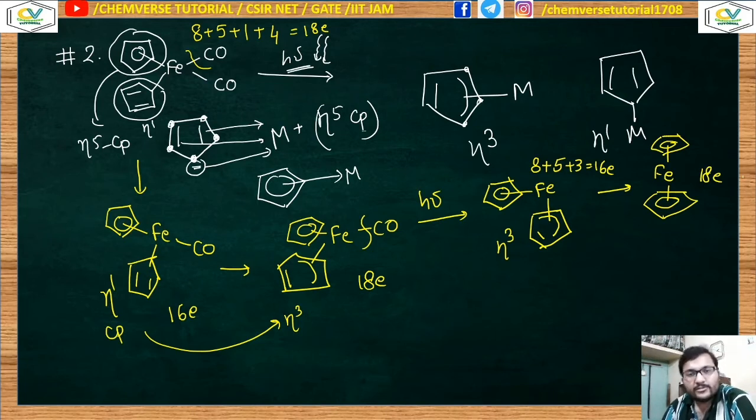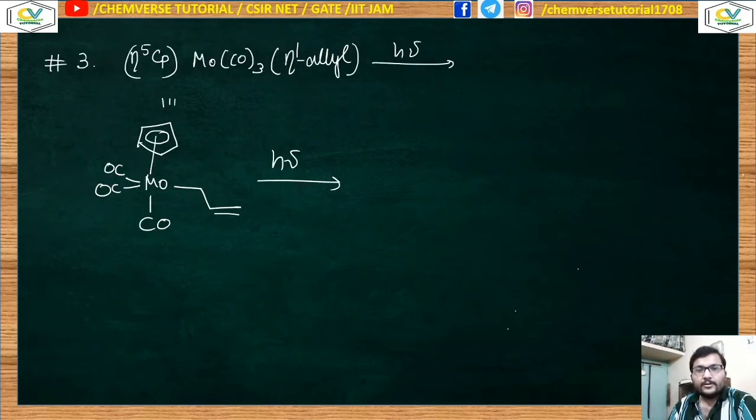It's a metallocene molecule. The common name of this molecule is ferrocene. I'll make a separate video on the metallocenes, and there you can find the bonding and the reactivity of this kind of metallocenes. So this is the stable product that is forming over here. Okay, let's move on to our next question.